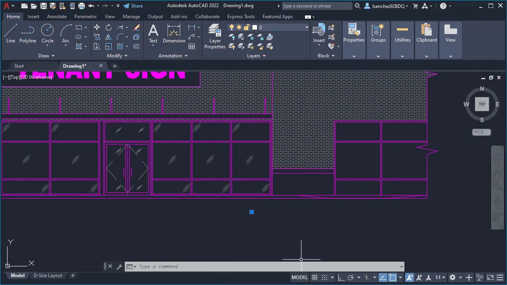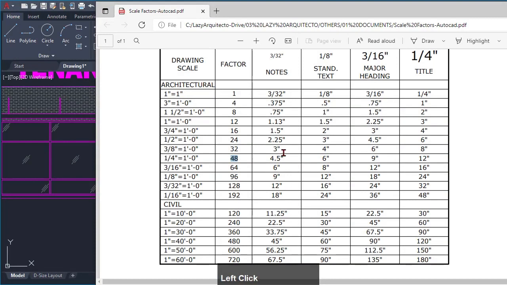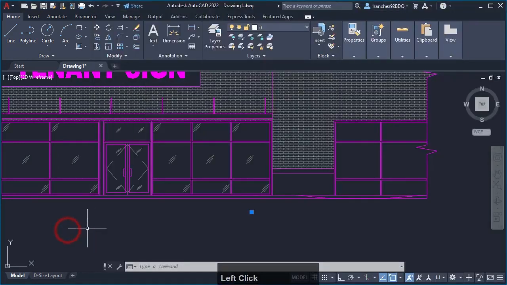So let me show you. What you're gonna need is a scale factor chart like this, and this is basically drawing a scale. This is for architectural and this is for civil, and these are scale factors that are based on the architectural scale, but we first need to go here in AutoCAD,